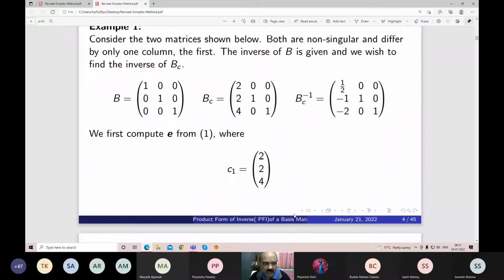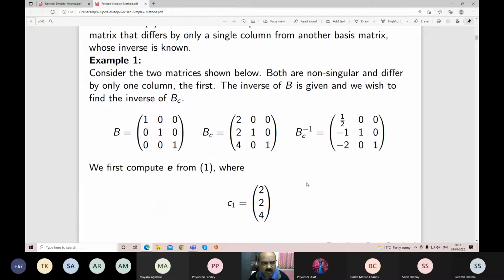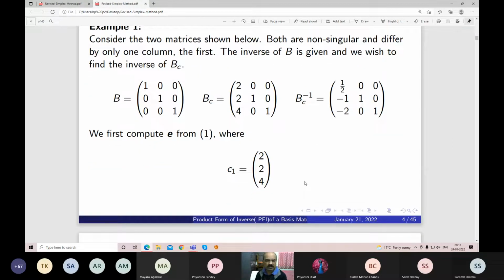Now see this example number 1. I am considering a matrix of size 3 by 3. You can consider 2 by 2, 4 by 4, 3 by 3, any manner. As you know, the B matrix is a basis matrix. It is nothing but an identity matrix. The elements, as you know, first column 1 0 0, second column 0 1 0, third column 0 0 1,